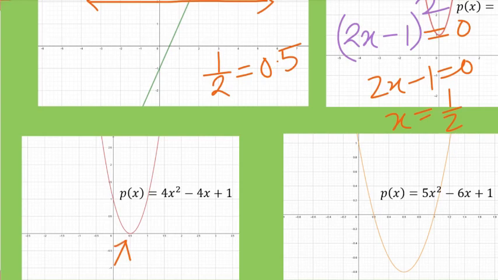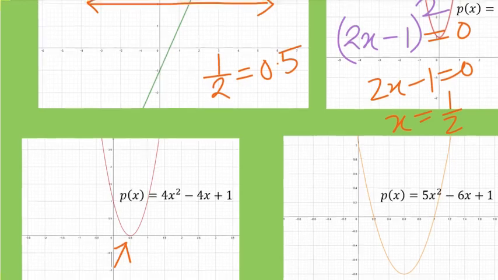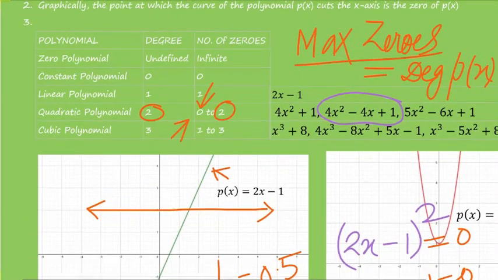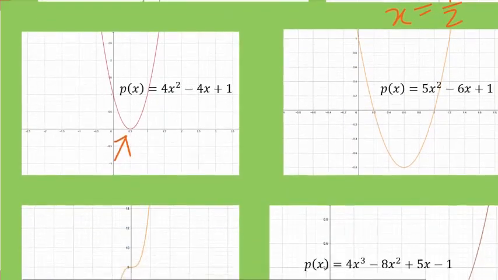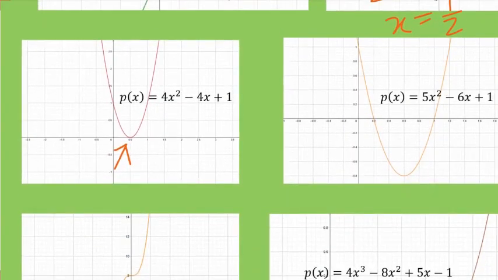next polynomial, again quadratic, and this time it will have 3 roots, not 3, 2. Maximum for quadratic is 2, right? So look here, this is the graph for the polynomial. Okay, 5x square minus 6x plus 1, the graph is here. So at which point do we see intersection? 0.2 and 1. So this